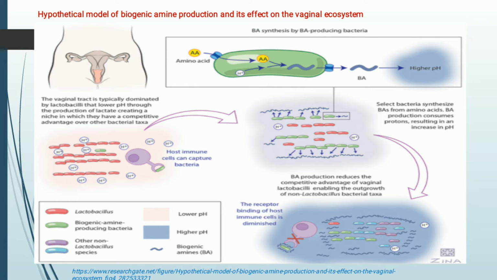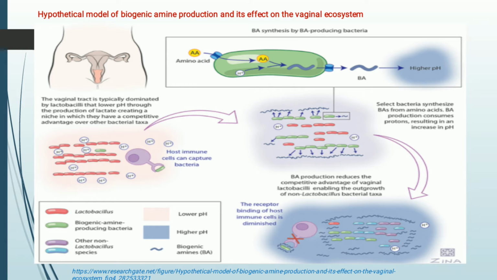In this diagram, the red color rod shaped bacteria represent lactobacillus bacteria, and because these are lactobacillus bacteria, they produce lots of hydrogen ions around them. That's why there is a lot of H positive concentration surrounding them. Here on the left hand side you can see that the red color lactobacillus bacteria are present in higher concentration, and the H positive concentration is very